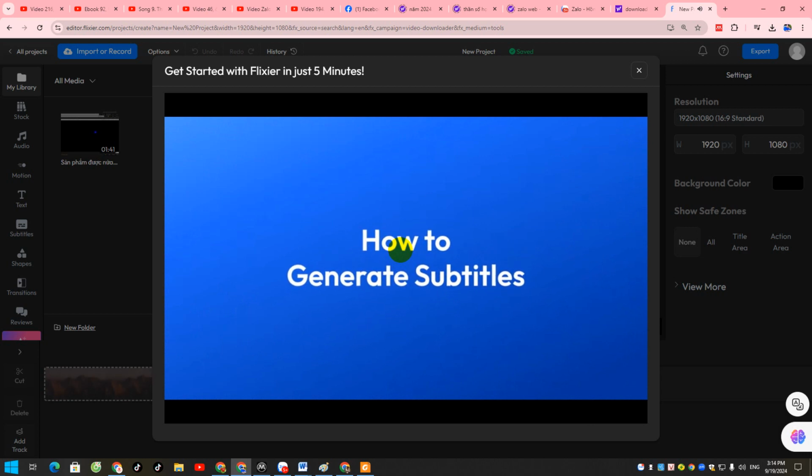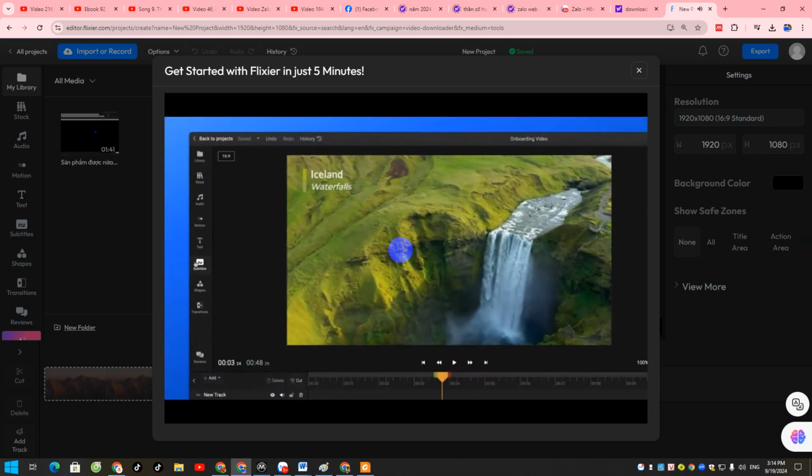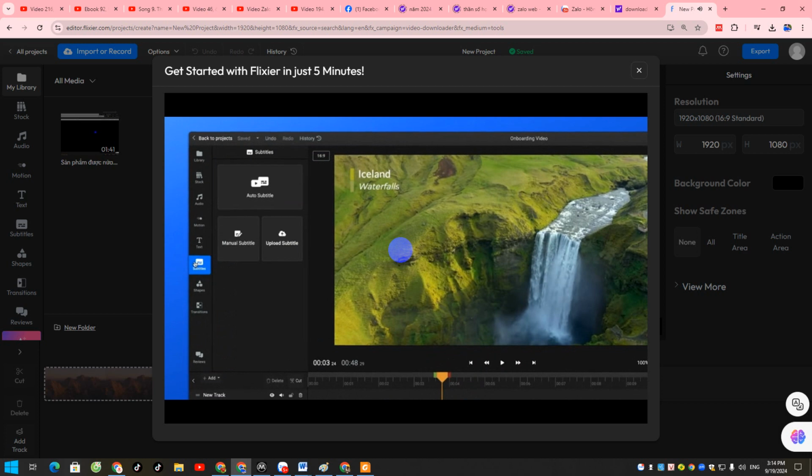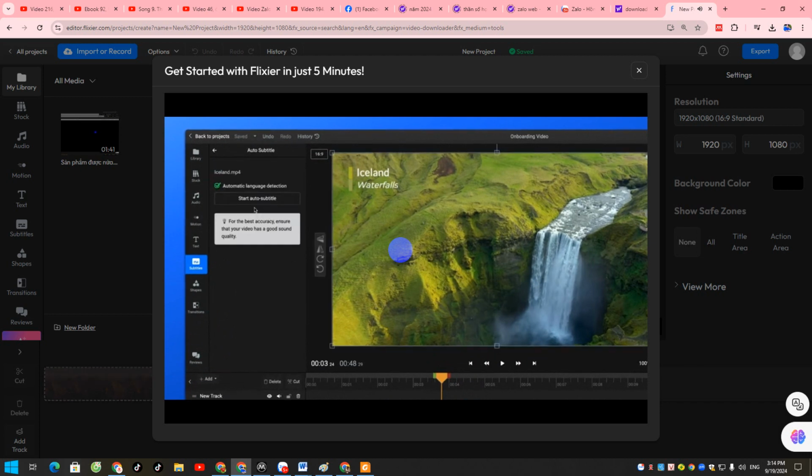And speaking of text, there's also the matter of subtitles. If you open the subtitle menu on the left, you'll notice that Flixer allows you to create subtitles manually or upload existing subtitles to your video easily, but you can also generate subtitles automatically. To do that, click on the Auto Subtitle button, select your video from the drop-down menu, and click on Start